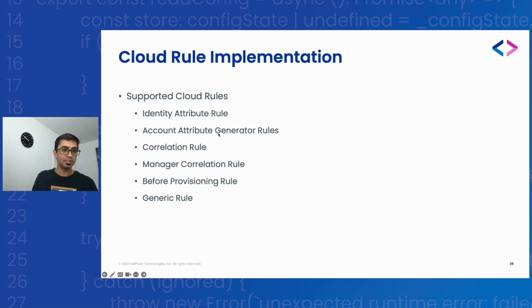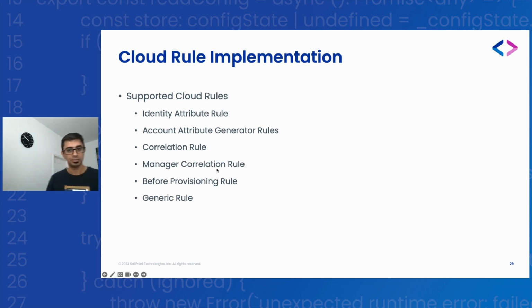And the account attribute generator, that's typically doing the provision. And the correlation, so out of the box we have this correlation config, right? But in some cases, let's say we are implementing a source and they have a requirement where you need to strip off some characters of the attribute of the target system and then correlate the value, right? Those we cannot perform through the correlation config. In those cases, we need to go with correlation rule. The same thing for manager, right? If there is no straightforward mapping between the target system and the identity model, then we need to implement